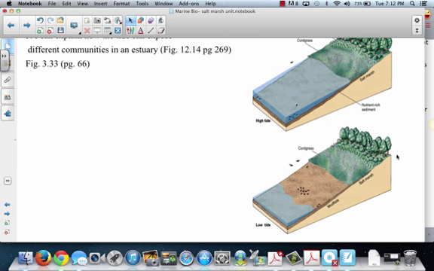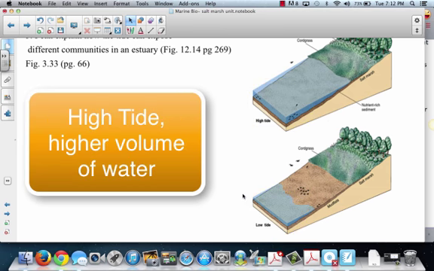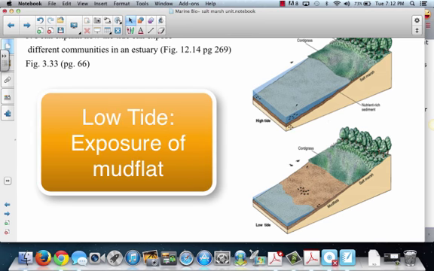Alright, now that you have some things written down, you should have noticed a couple things besides just the water level being lower. The water level is definitely higher up here than it is down here, so you should have had that high tide has a higher volume of water. But you also should have seen exposure. These little black dots represent crustaceans and crabs, things that can be exposed, not fish. And if you look, they are surviving exposure in the mud flats